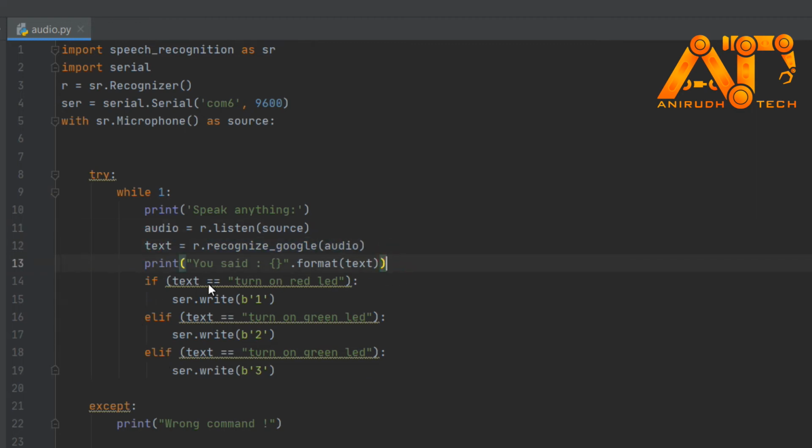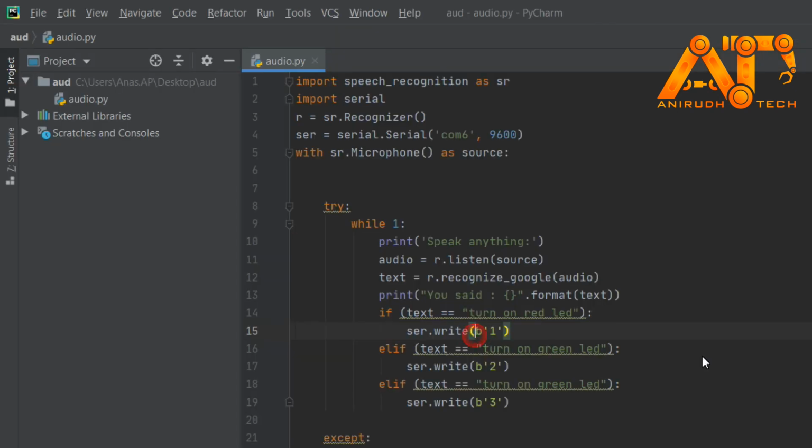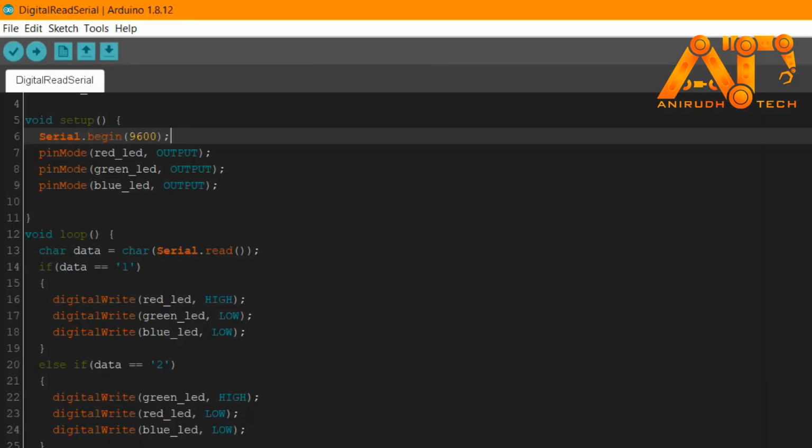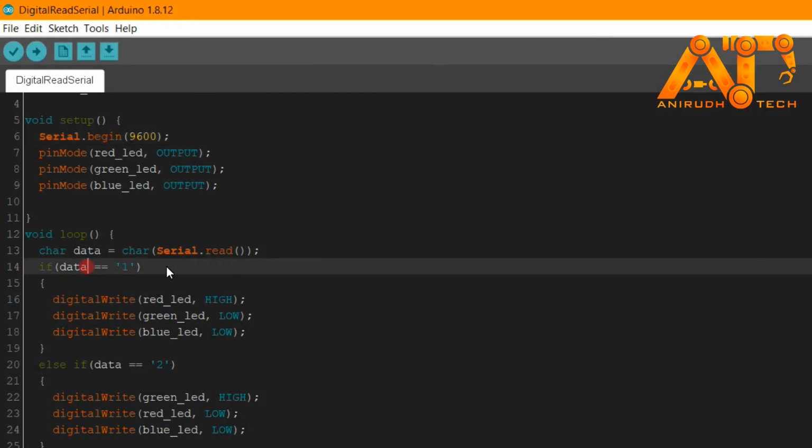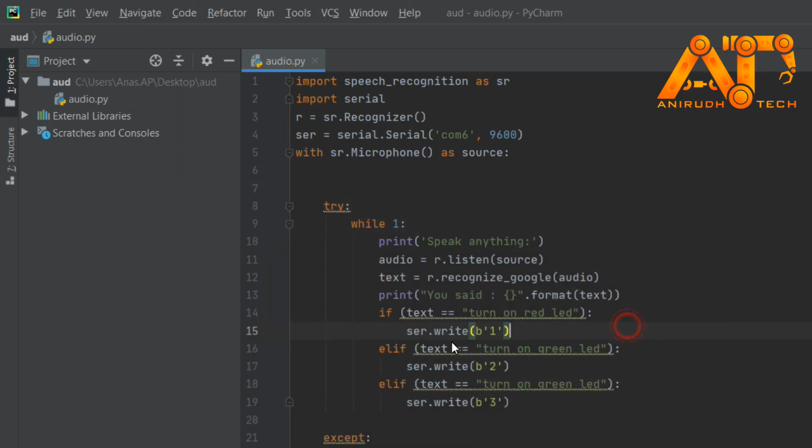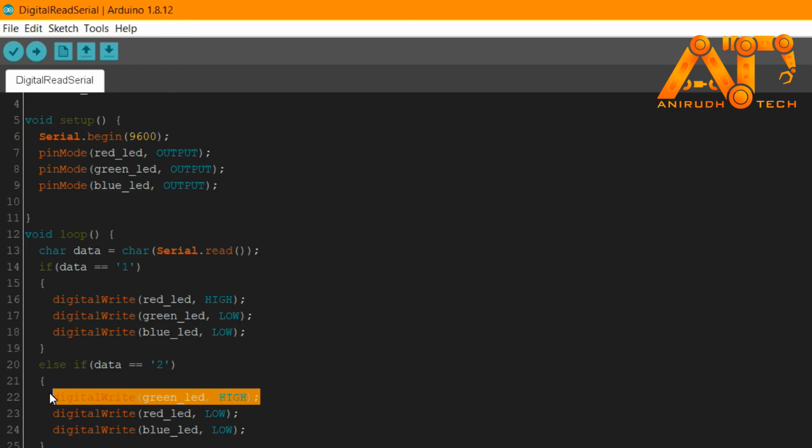If text is equal to turn on red LED, and if I am saying turn on red LED, then serial.write b1 means 1 is converted to bytes, and you can see here we have already set it: if data equals 1, then the red LED should be on. Then else if text equals turn on green LED, then serial.write 2, which is for turning on the green LED.